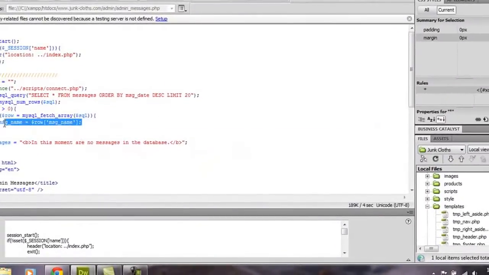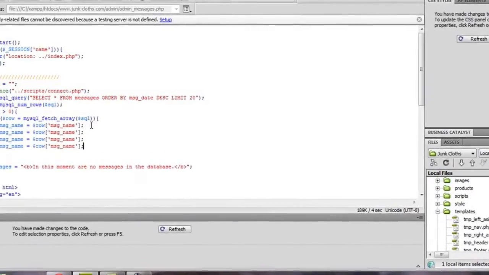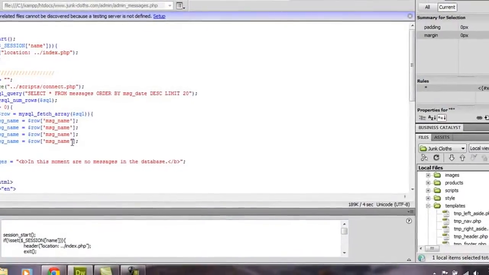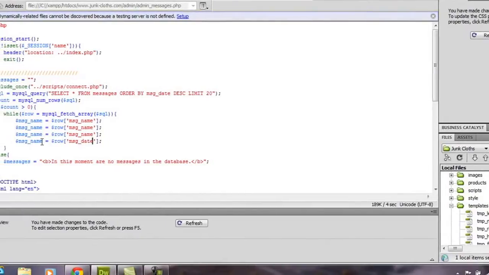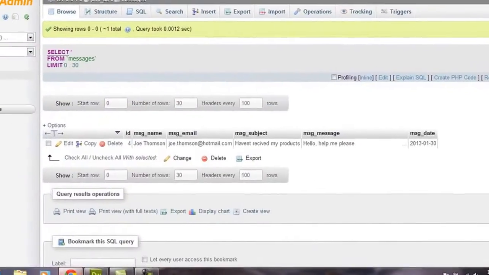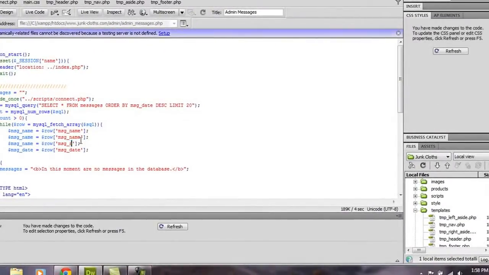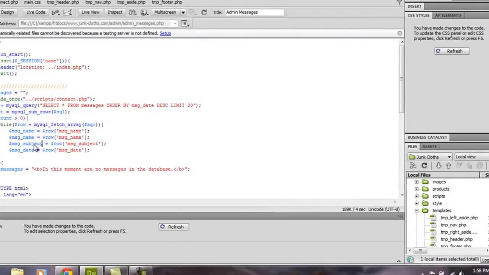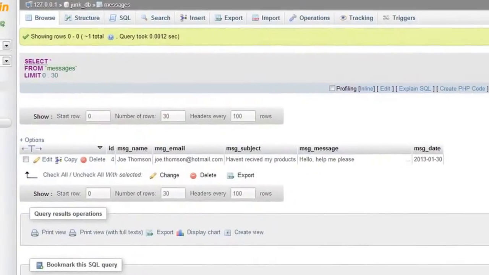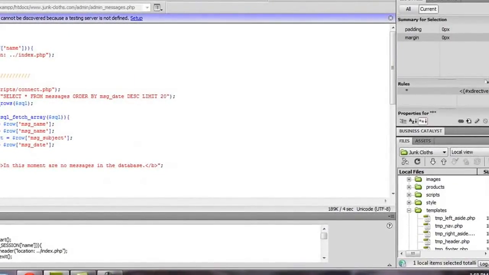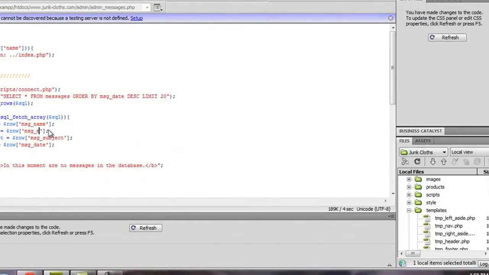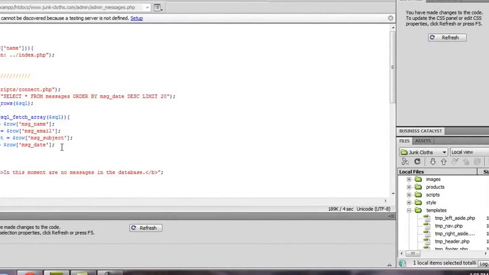Now we need one for email, one for subject, and one for this. So three more. So Control C, Control V, Control V, Control V. msg_date. Date. Subject. Subject. msg_email. Okay. Now that we know that we have variables, messages is gonna dot equals